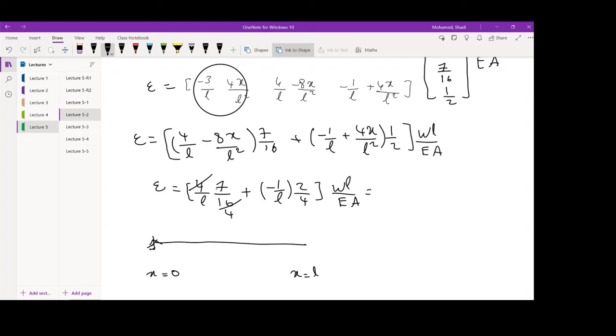So basically you have minus 2 plus 7 is going to be 5 over 4, and the L will go away with the L here, so it will leave me with W over EA. So this is at X equal to 0. Then at X equal to L, we will have,